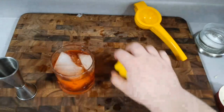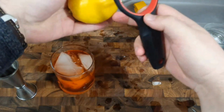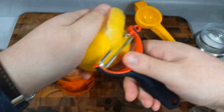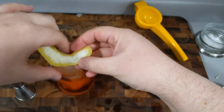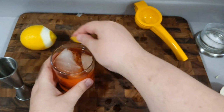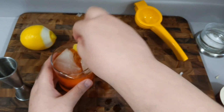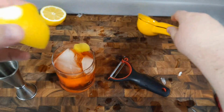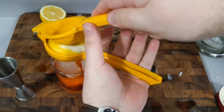Next step, lemon. I'm gonna roll the lemon to loosen the juice a little bit, and then we're gonna get some of the peel. The peel of the lemon is very valuable. It has such good concentrated flavor. So we're gonna grab a big hunk of peel there, squeeze some of the oil out, and then I like to kind of touch the rim of the glass with it. That's gonna give you that nice aroma when you drink of the lemon. We're also gonna juice the lemon. Take this, squeeze half a lemon's worth of juice,